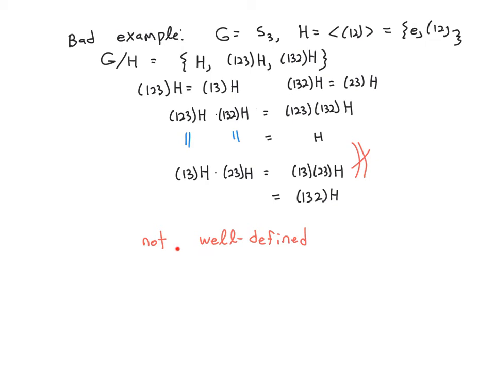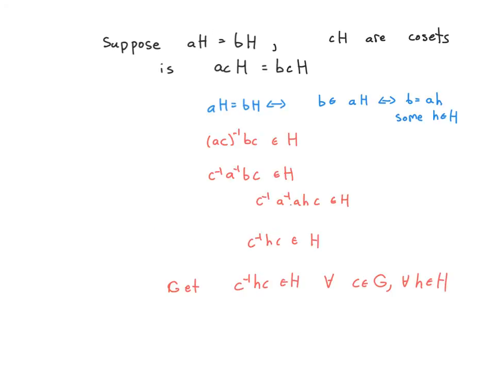So this is what we have to deal with. So the question is, what property do we need in order to ensure that this actually happens? Alright, so let's see what we need as a requirement for well-definedness. Well, let's just assume the operation's well-defined and see what happens. And to simplify the calculations, I'm just going to only focus on well-definedness with respect to the first coset. Suppose AH is equal to BH, and suppose you have another coset CH. What conditions do we need to force ACH to be equal to BCH? So notice here, I'm only talking about multiplying